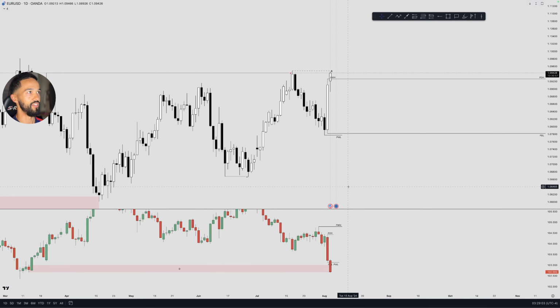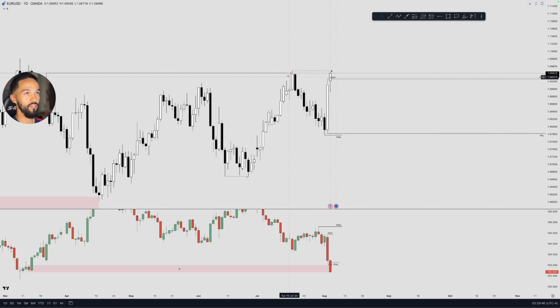Right, starting off here on the daily, it's a new week, we are in August obviously, and what is the daily showing us? Clearly on Friday we closed out massive bullish engulfing, right? So if we look at this somewhat corrective price action on a lower time frame, all of these highs will be buy side liquidity. Now price partially mitigated this imbalance here, and then on Friday's NFP news and whatnot, price shot up. We've been bullish ever since.